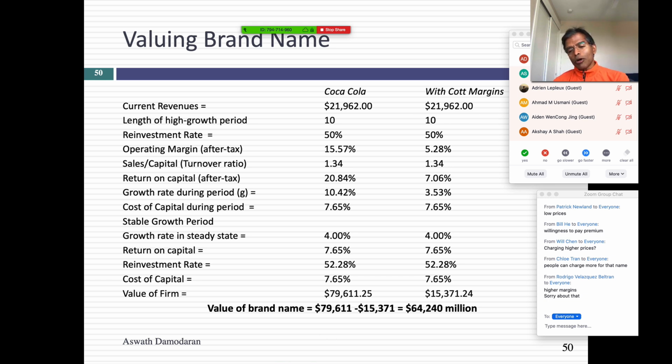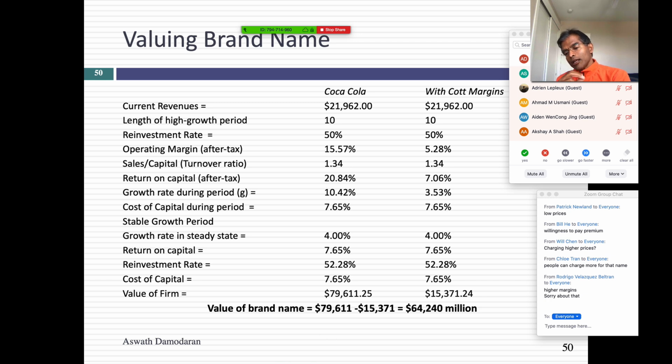What would happen tomorrow if Coca-Cola woke up and its brand name had disappeared? Think of a Twilight Zone episode where nobody recognizes the red can or the words Coca-Cola. Your brand name has disappeared. It's every marketing person's nightmare. Let's make it come true. Let's see what would happen. And here's where I got lucky.